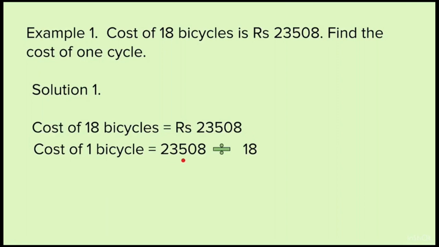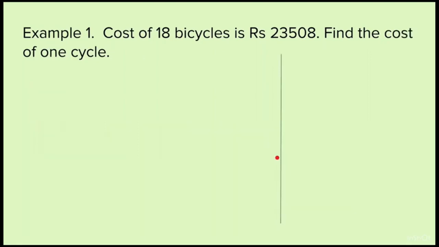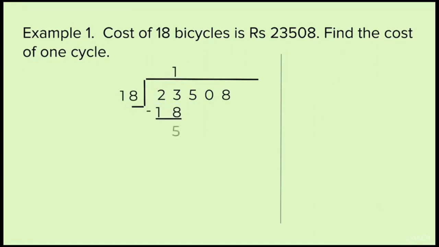Now let us divide. First of all, when we divide by 18, we take the first two numbers, that is 23. Then 18 ones are 18, and when we subtract 18 from 23, we get 5. We bring down the next number. Now again, we will divide 55 by 18. But we see it's a big number, so you will have to multiply 18 by 2, by 3, and find out how much will go from 55. It is better to do this in rough work.